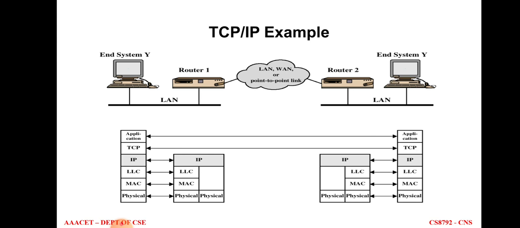So this is the basic example with IP protocol with TCP, transmission control protocol. We are familiar with TCP. So here there are two end systems, and every system has some router, and each and every router has a routing table. So the routing table has all the routes to reach from source to destination. By using the routing table, we can easily identify the best path to send the packet from source to destination. So this end system is connected via either LAN or WAN. So this is the basic example for TCP with IP.